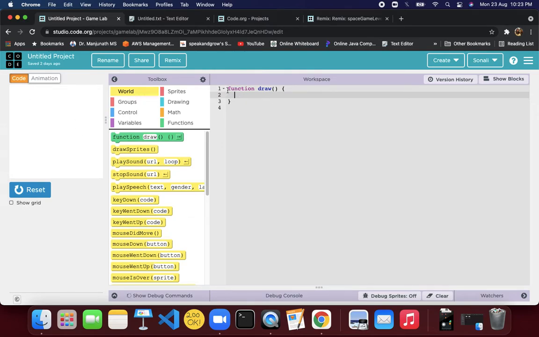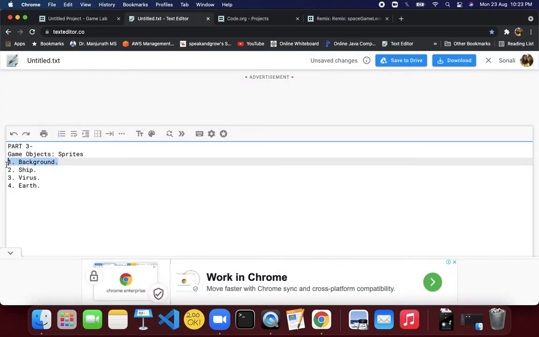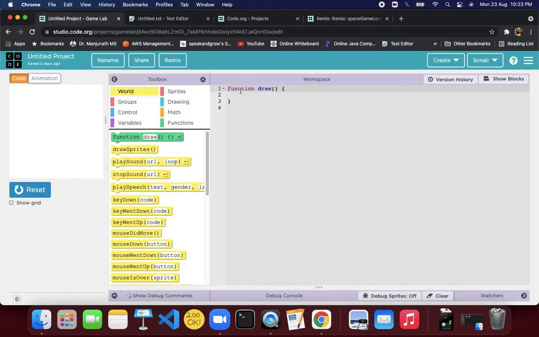So let us get started. Now what is our motto? We will be creating some sprites. First we will create a background sprite. Initially nothing will be moving. We will learn to move things in the upcoming classes, but today we will only add the pictures for the time being. I will be using default pictures today, but in the upcoming classes I will show you how to add pictures from Google or something other than the default pictures. So let us get started.